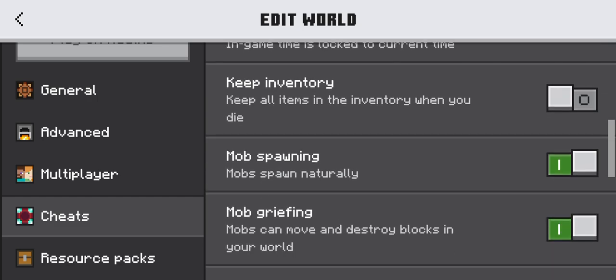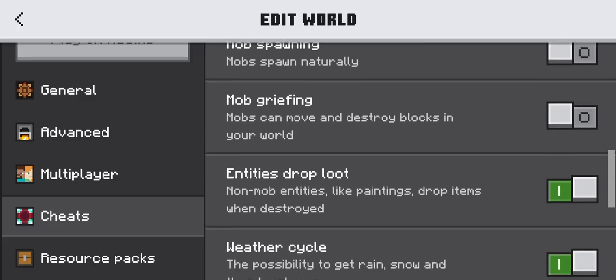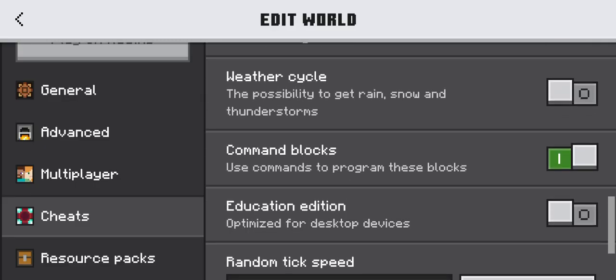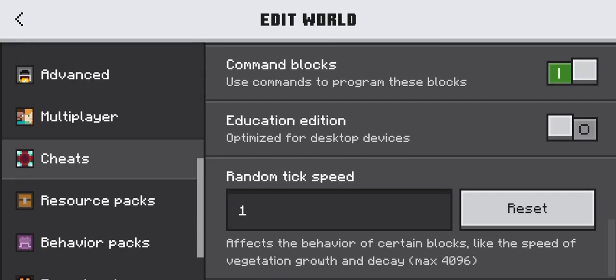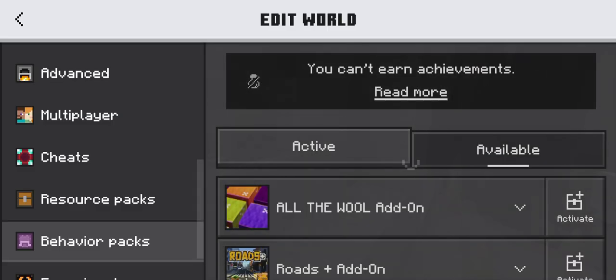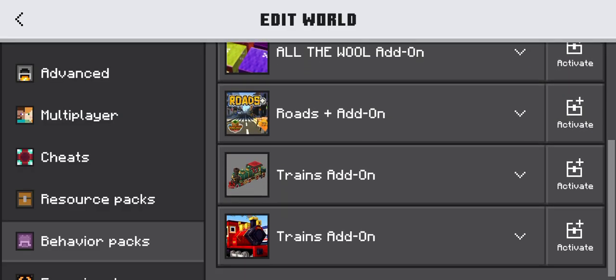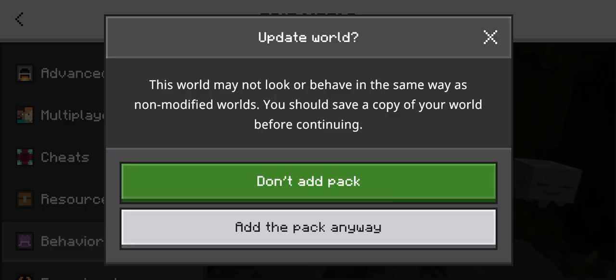Now, it'll probably be a bit before I do that on this one. It's probably going to be just day with no weather cycle, but it'll be ready for me to do that. Now on behavior packs, I'm really excited for it. I want to add in trains